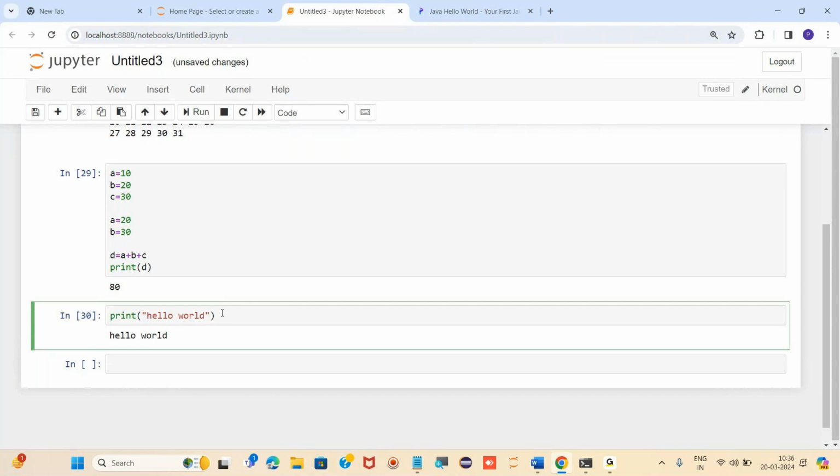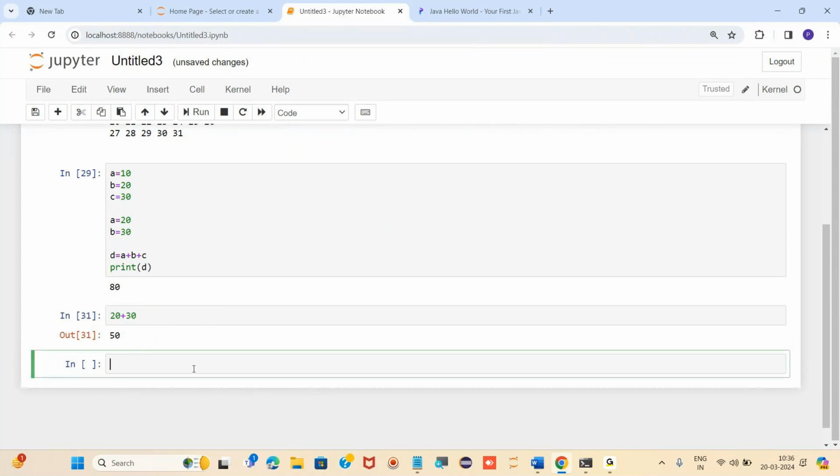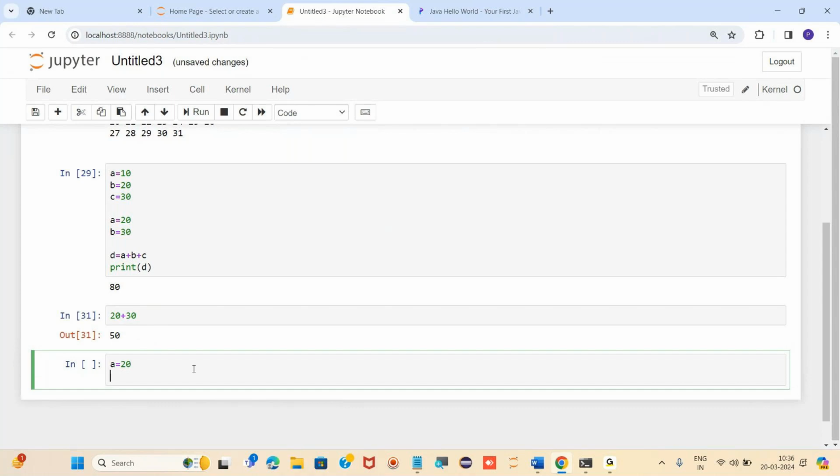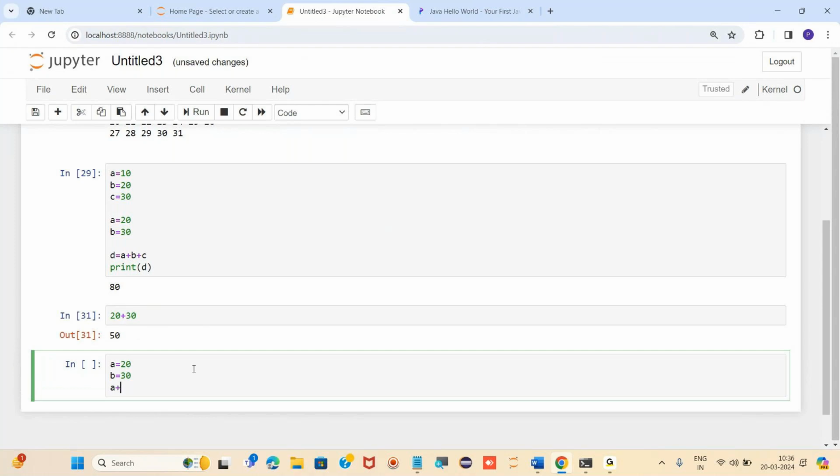Also, one thing I would like to show you is whenever we are writing Python code, we do not need to write anything like int a = 10. That is something different, I'll explain it to you, right? So for addition of two numbers also, either we can go for this, 20 plus 30, it will give 50, or else we can also go for a = 20 and b = 30, a plus b.